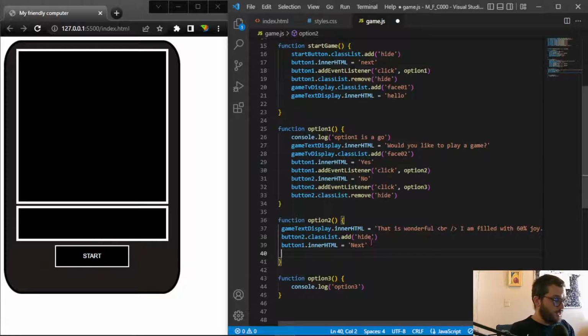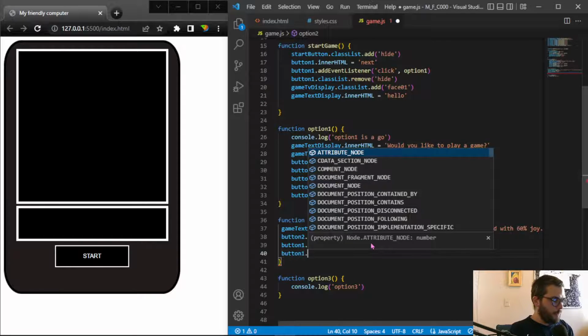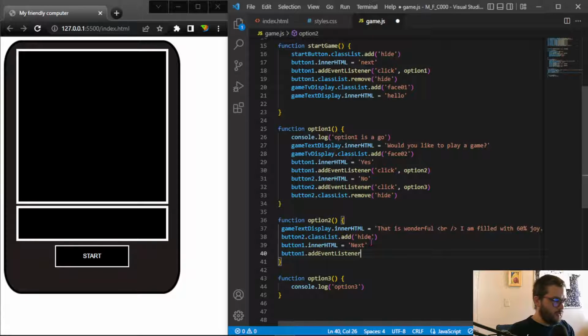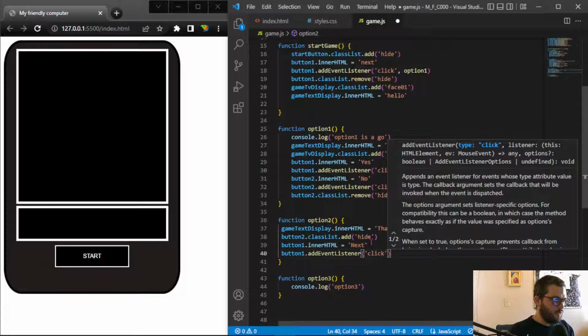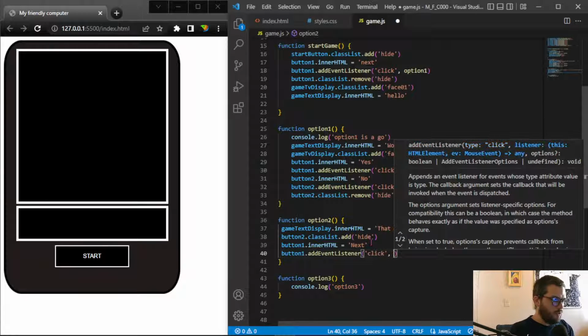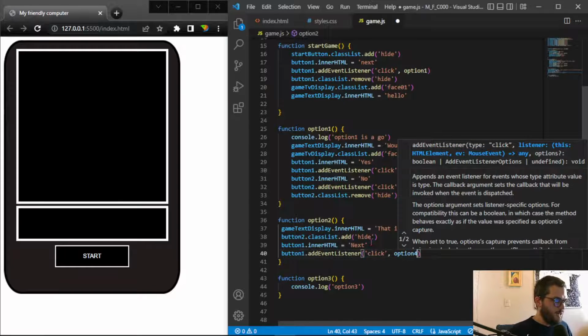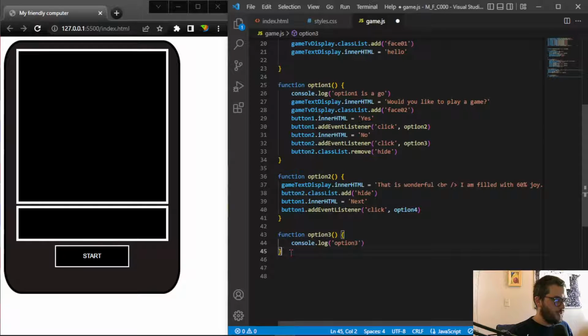Next, now that next button needs to do what we want it to do, and that is going to be button 1 dot add event listener, and this is going to change the button into doing something that we would like it to do. And when we click it, we're going to go to option number 4, and here's where it gets a little muddy, because currently